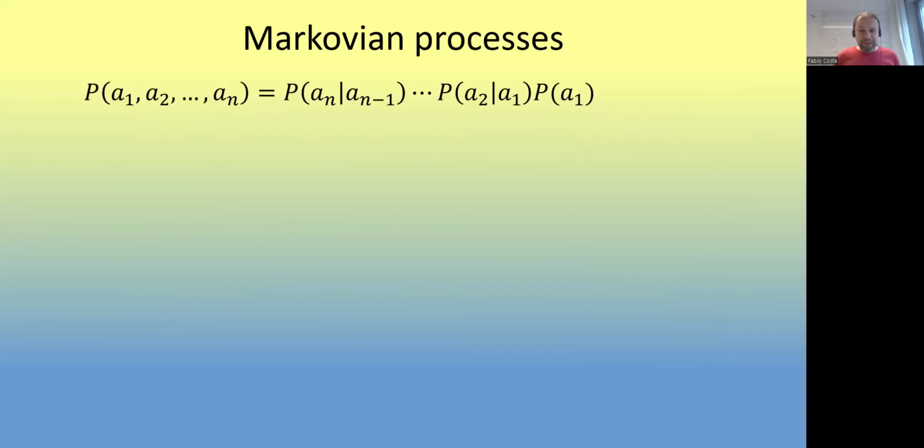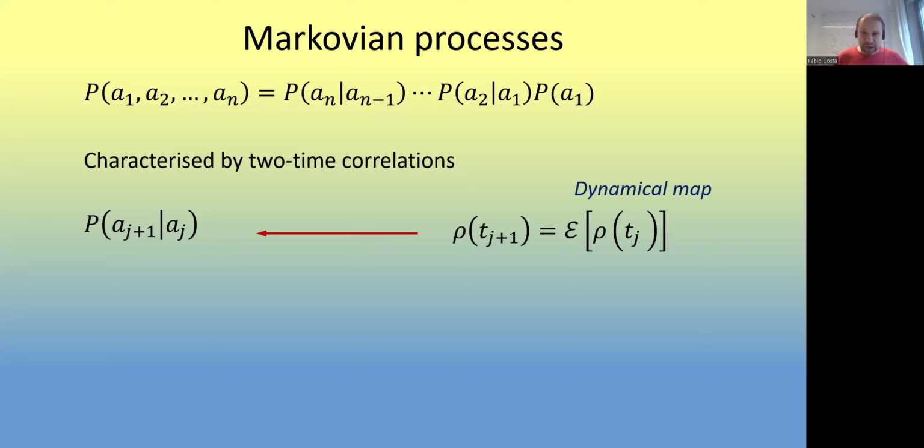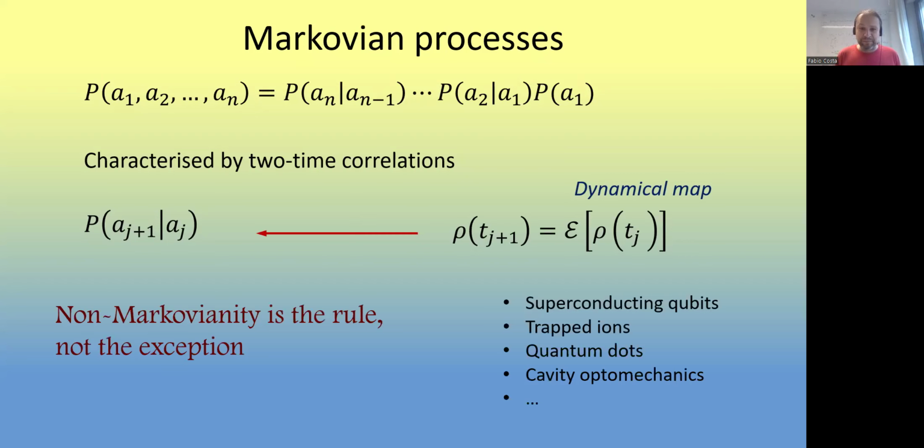Now, what we typically consider, which makes our life much easier, are Markovian processes. So these are processes that are characterized by two-time correlations. If I want to know the probability at a given time, it's enough to consider its conditional probability given the previous time, and we can reconstruct the whole probability in this way. For this, we do have a very good quantum analog, and this is a dynamical map. A dynamical map is a channel that sends a state at a given time to a state at a future time, and it correctly leads to the two-time marginals in the classical limit. However,